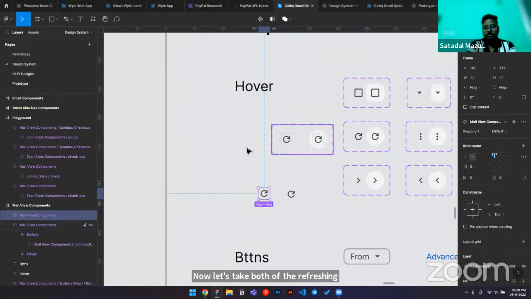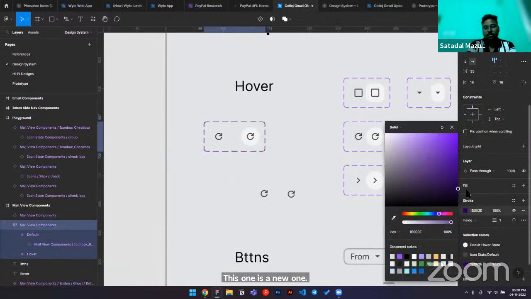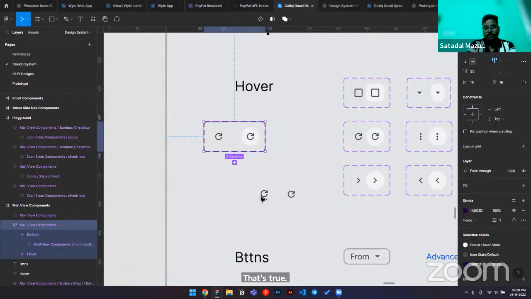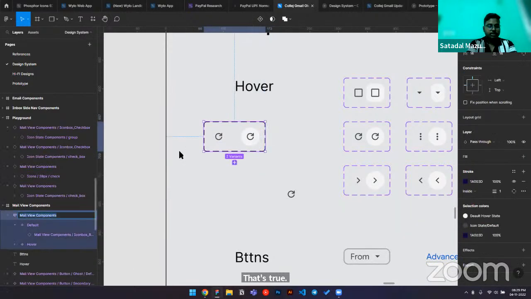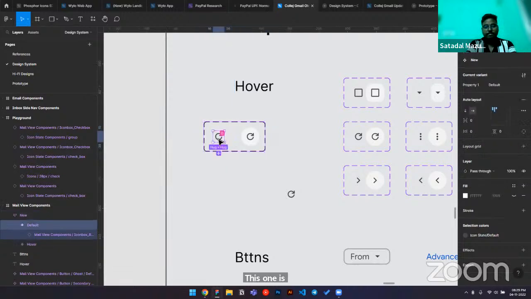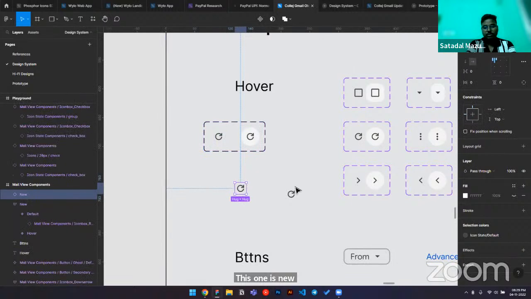This one is the new one. Let's change the color also. This one is the new one. Okay, let's rename this one as new. So when I drag, should come as